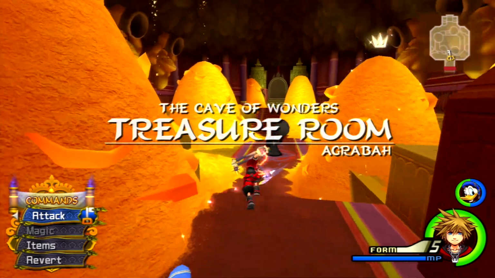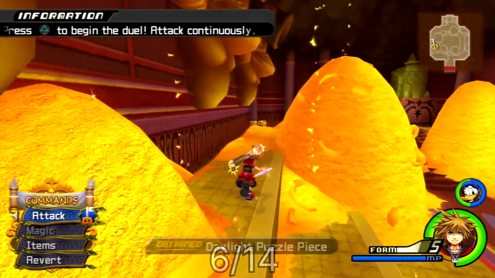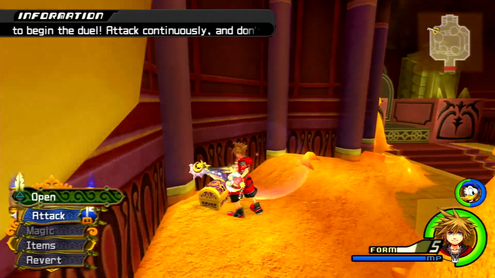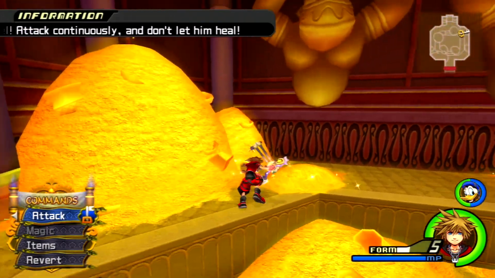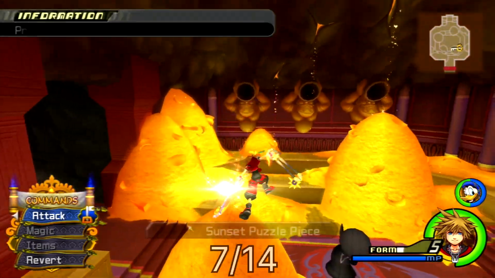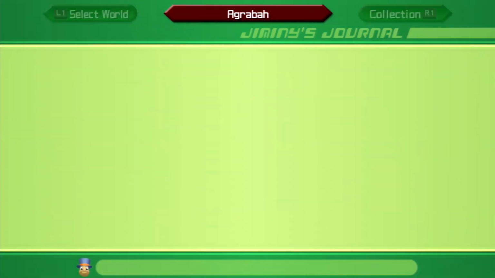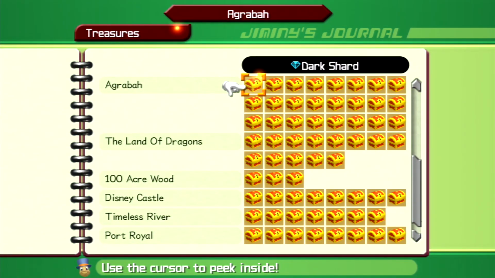Right now, we're going to run clockwise around the room, first to the Daylight Puzzle piece, then we'll acquire the AP boost in the chest. Next, by this gold pile and elevated Guardian statue, is a Serenity Gem chest. And lastly, the reason to be in Valor form, we can shoot up to the Sunset Puzzle piece, hovering above this mound of gold. And as we can see in the journal, this is all the puzzle pieces and chests we can get on this visit. Woo! Okay, next up is...